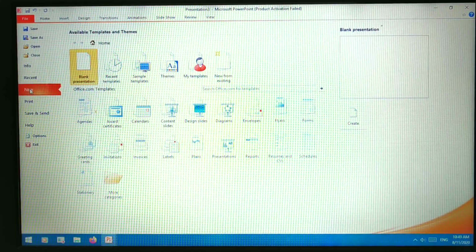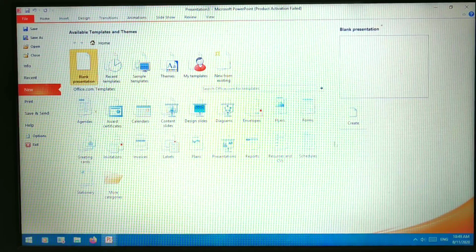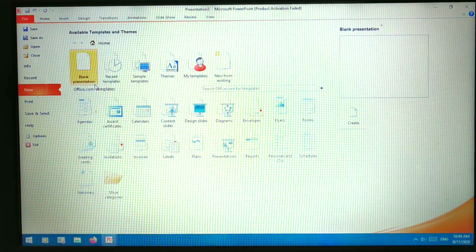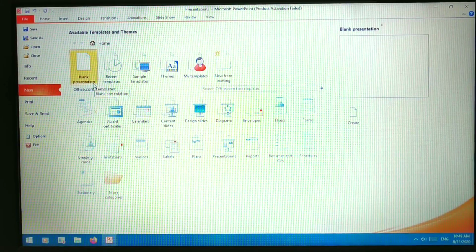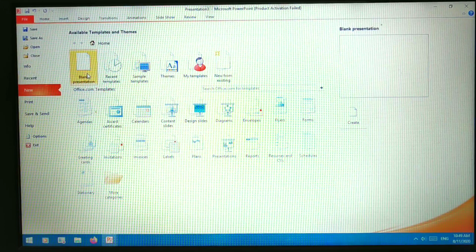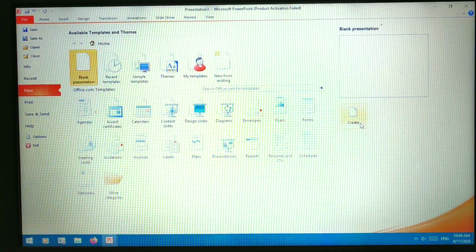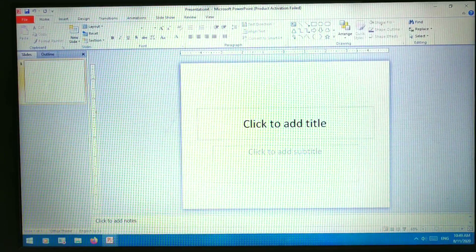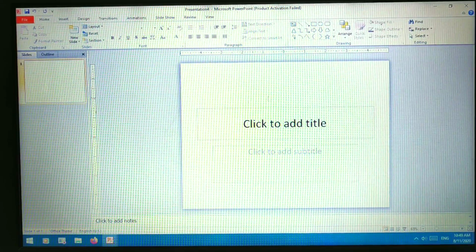After clicking New, you'll find different kinds of options here. See, first is what? Blank presentation, as it is mentioned in your book. If you want to open a blank presentation, you can click on Blank Presentation and click Create. Then the blank presentation will appear.